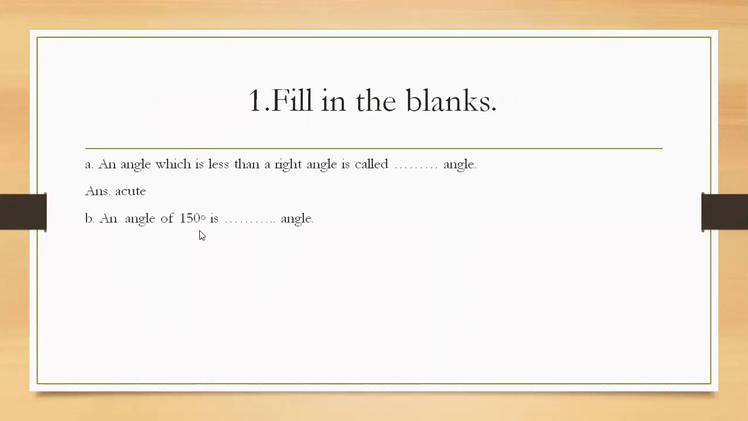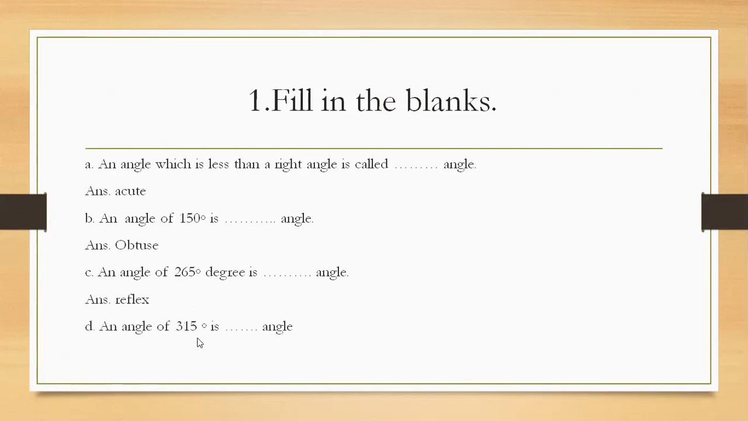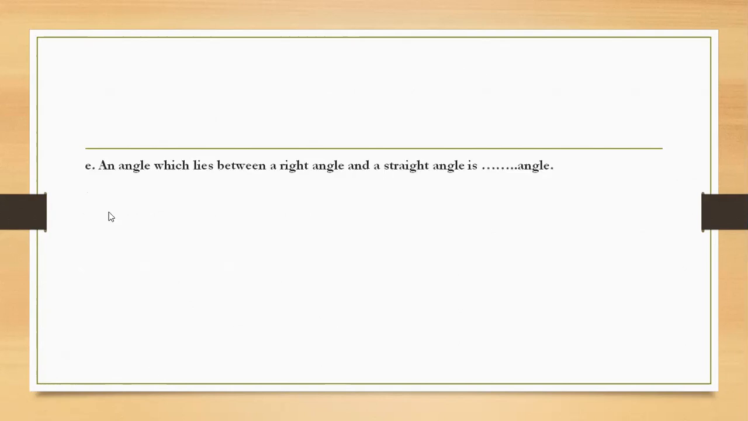An angle of 150 degrees is a blank angle. It is an obtuse angle. An angle of 265 degrees is a blank angle. It is a reflex angle. An angle of 15 degrees is a blank angle. Similarly, look here, an angle which lies between a right angle, 90 degrees, and a straight